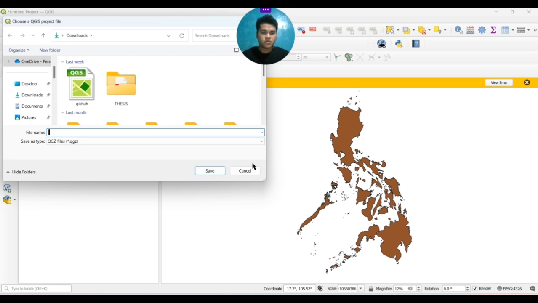In my case, I will be creating a map for my thesis study, or the area where I conducted my thesis. So for that, I will be naming it Tobahon. It depends on you what file name you will be using. It's up to you.